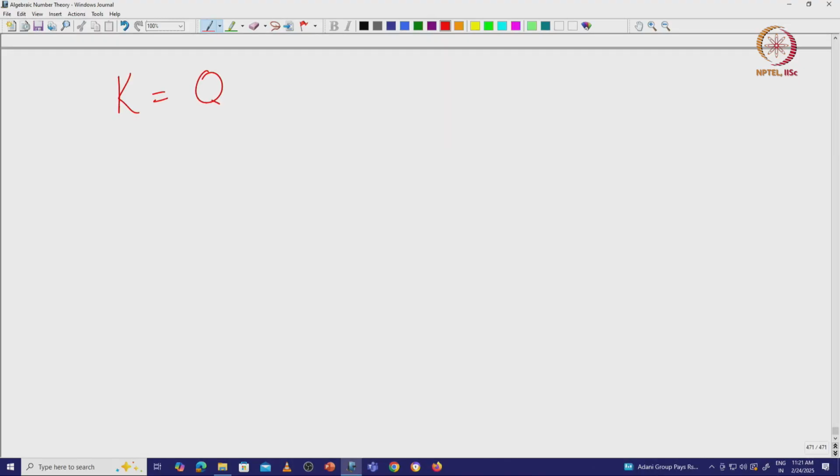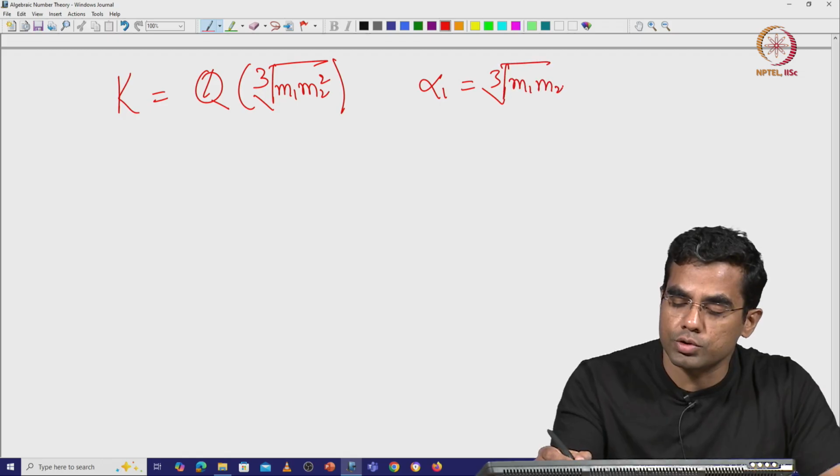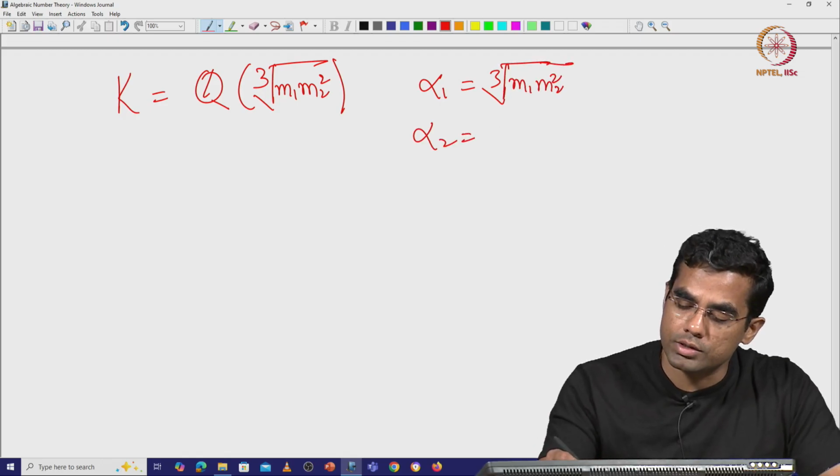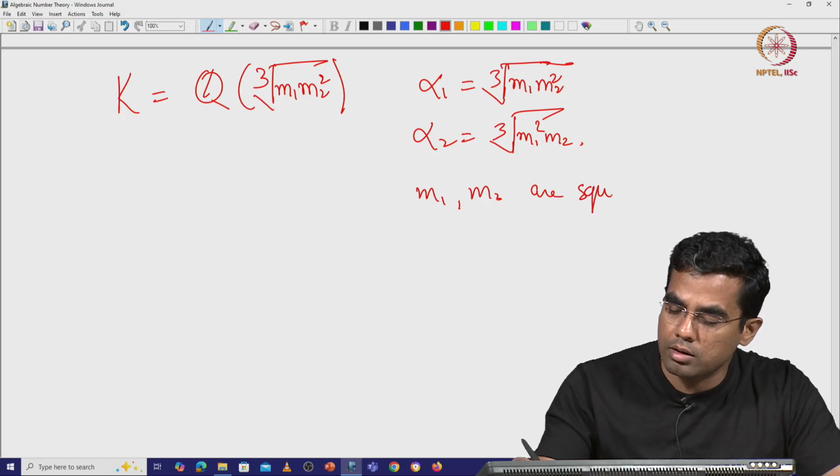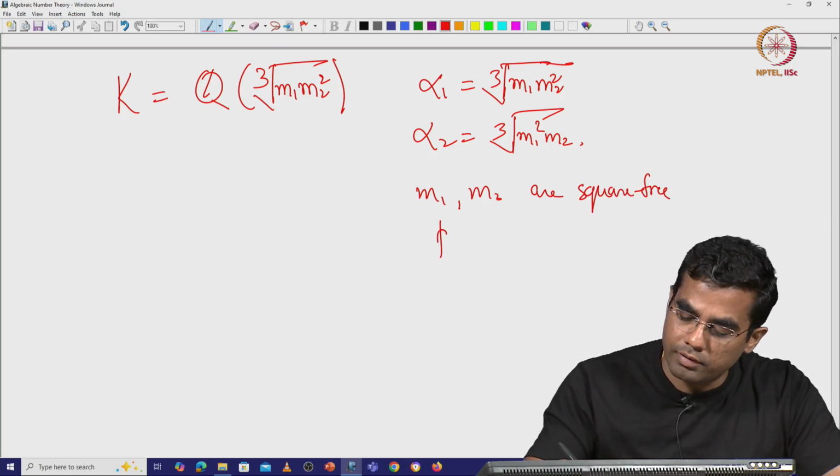So, in the last lecture we started the study of pure cubic fields and started proving a theorem about finding the ring of integers of this cubic field and its discriminant. Let me recall what we did. A pure cubic field we can assume without loss of generality to be of the form: alpha 1 is the cube root of m1 m2 squared, alpha 2 is the cube root of m1 squared m2,